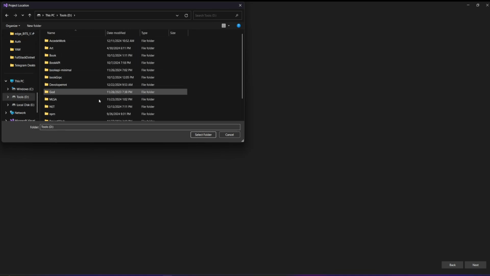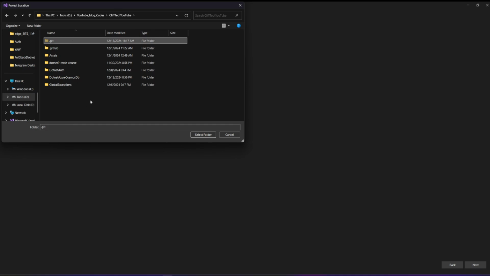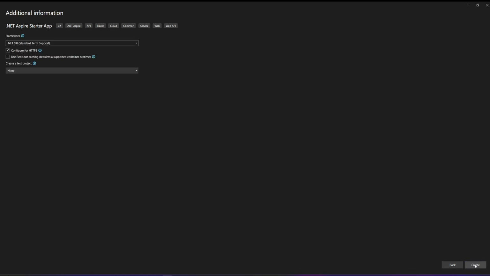I have a folder here where I want to put it. I'm going to put it so that it will be available on GitHub so that you can have access to that. So we're going to say .NET Blazor full stack, right? So let's name it like this. I think the name is good. So we can go ahead and say okay, we want to select this,